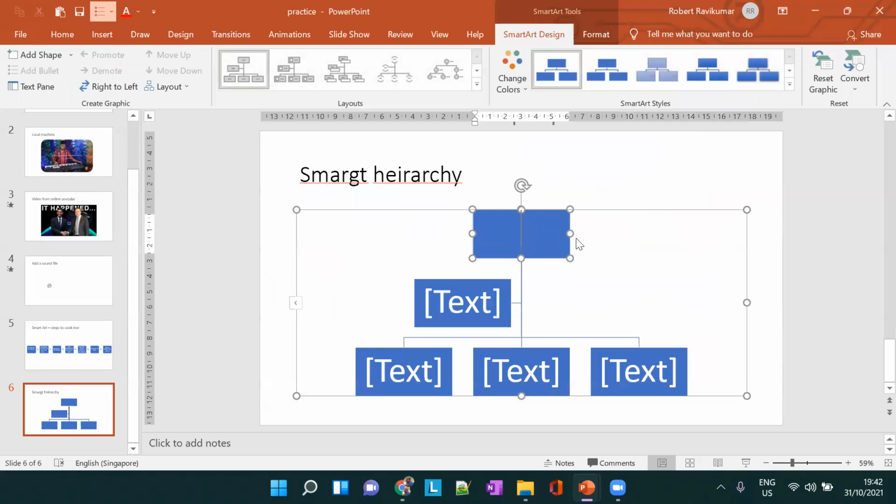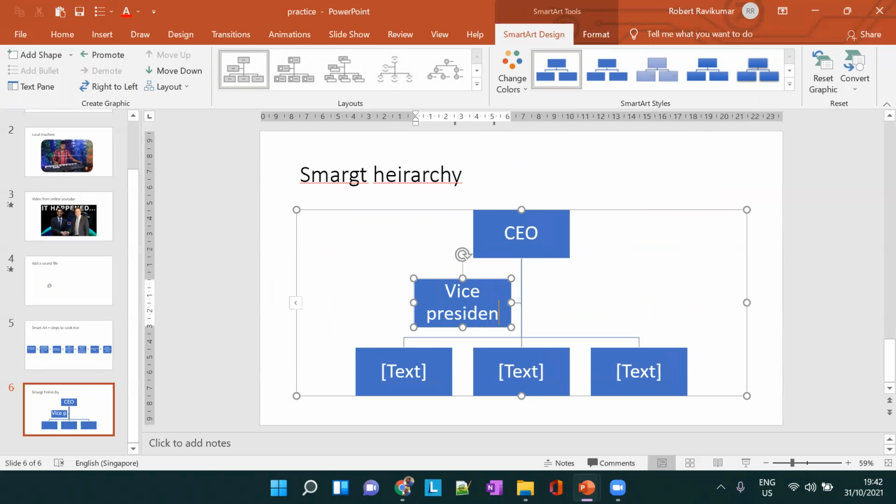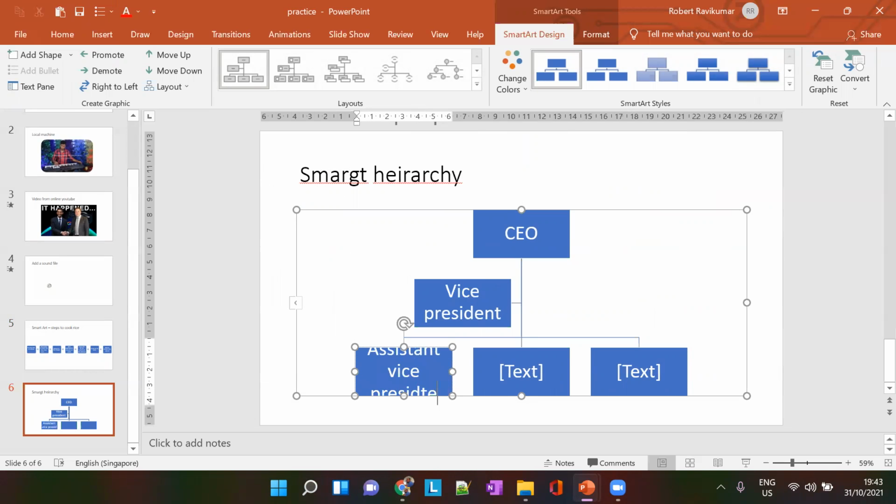Now you can see there will be a CEO for the company, then there will be a vice president, and under the vice president, we'll have assistant vice presidents.